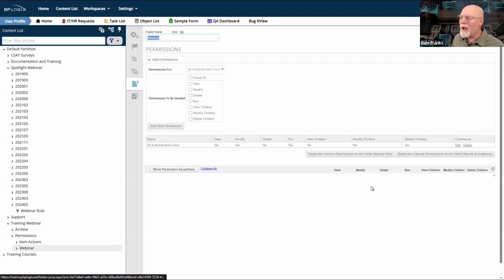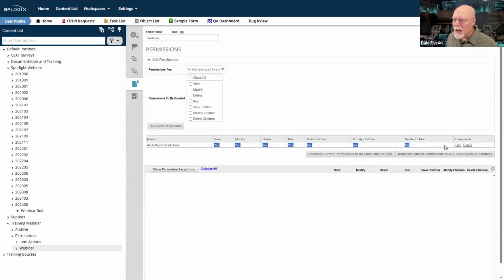So if I go into this folder and I look at its permissions, it will have the very same permissions as its parent folder.